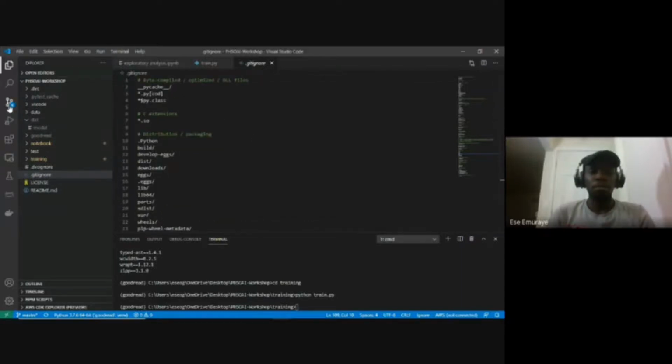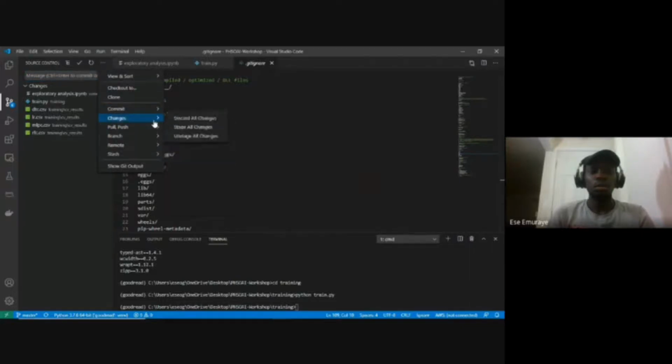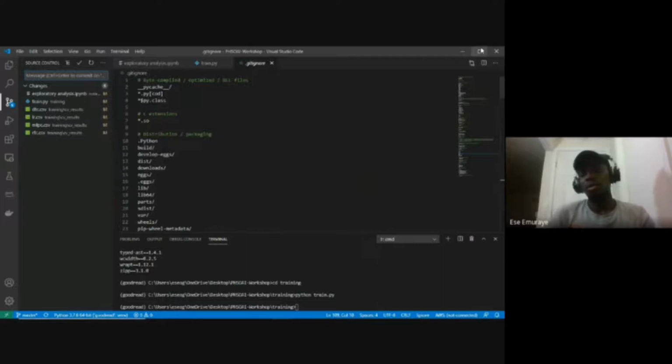So yeah, these are the changes that have been made, and you can make your commits here. Just commit and push or pull. However, I'm very used to the terminal. I love making use of the terminal. So I could